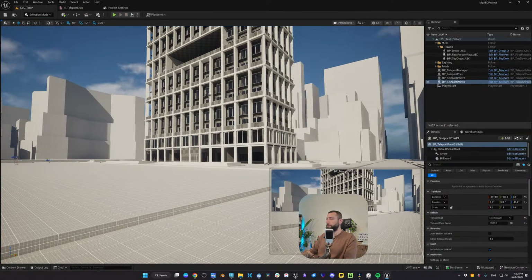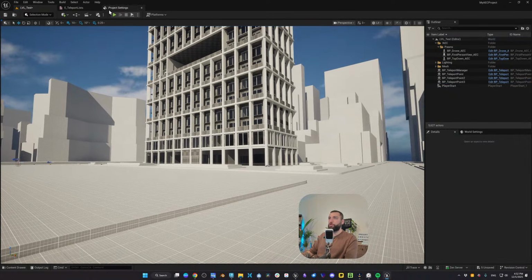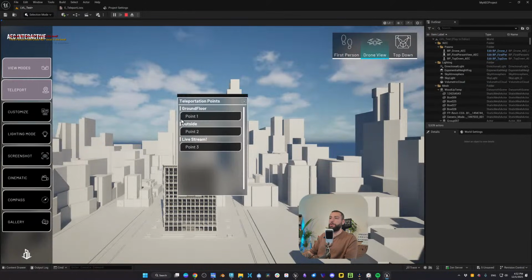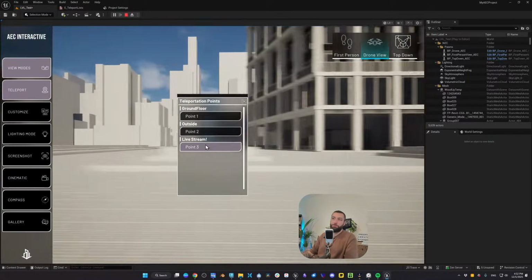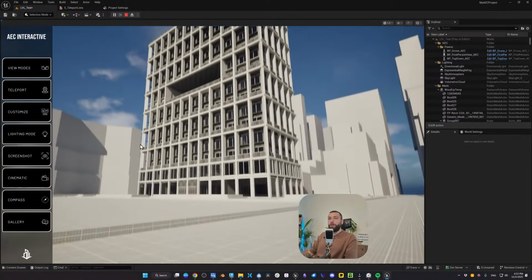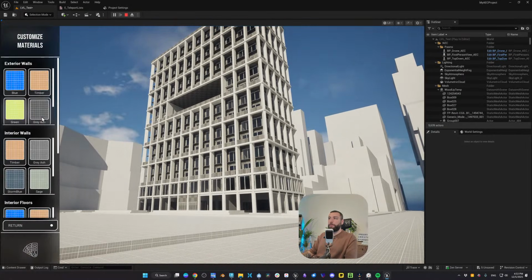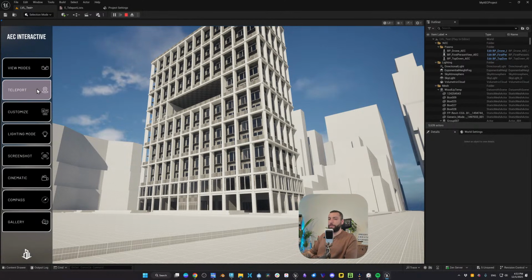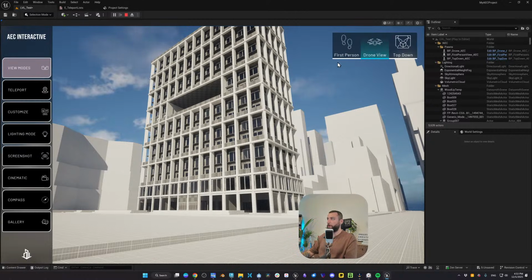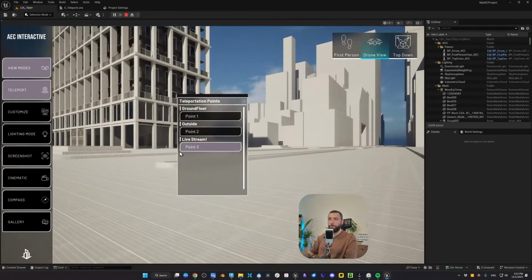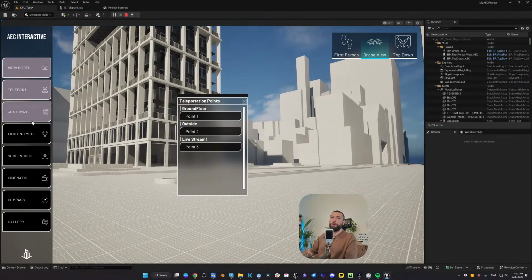Okay. That should be clear. And if you also switch to drone mode or whatever, you can also still use this system. So it just works, no problem. Now, the customize mode, when you open it, or I'm trying to remember if there is something I want to talk about in specific order. So we talk about view modes. We talk about teleport. Yeah, since this is here, we can talk about it here.